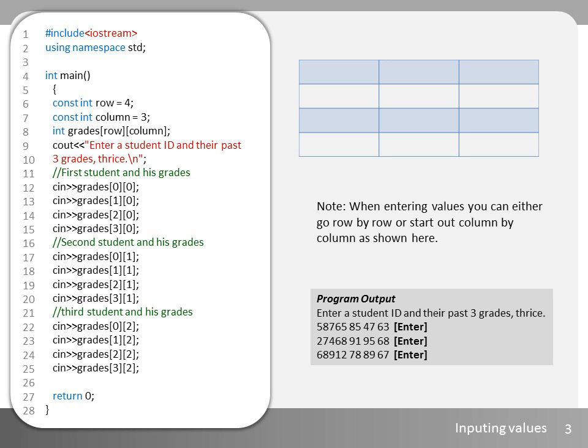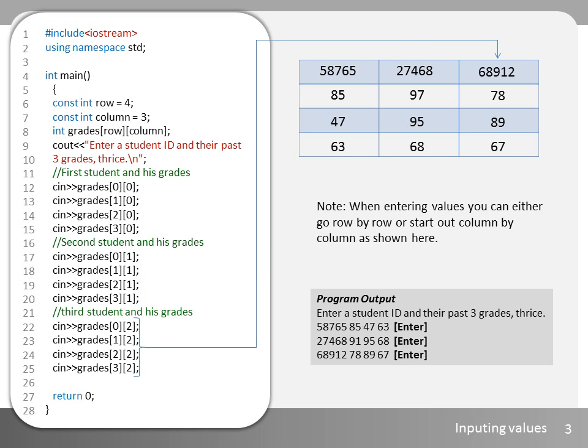At this point, you can choose whether you want to go column by column or row by row, entering the values. In this case, I'm going to go column by column, entering the numbers shown in the program output. As you can see on line 12 to 15, I left the second set of brackets at 0, while the first one incremented. Next, I incremented the second set of brackets by 1 to have access to the second column, and I incremented the first set of brackets again from 0 to 3 till it was completely filled. Finally, for the last column, the subscript in the second set of brackets was incremented one more time, and the first set of brackets had its